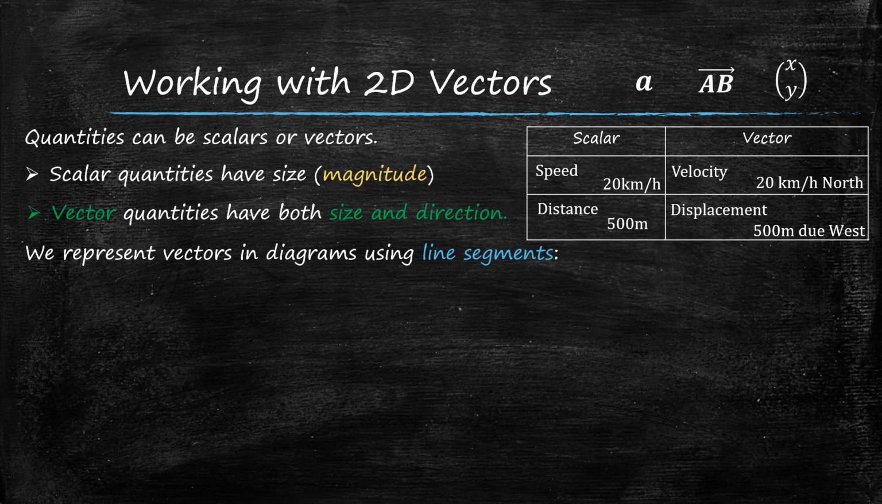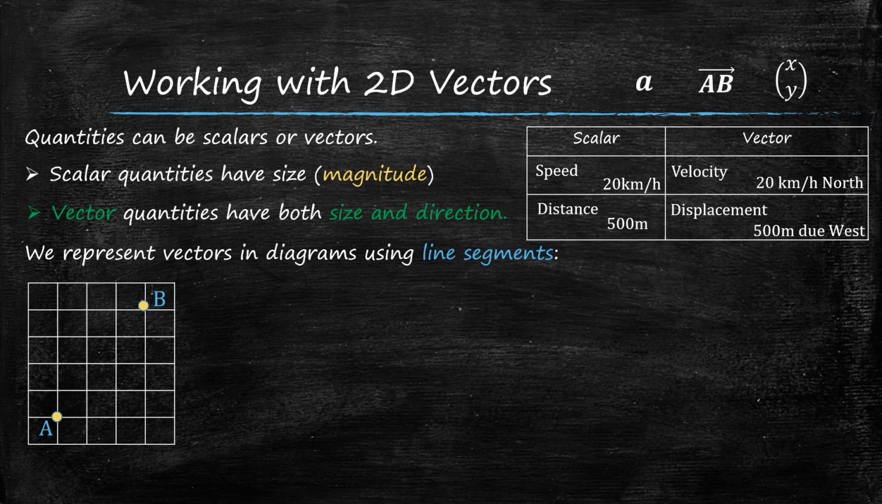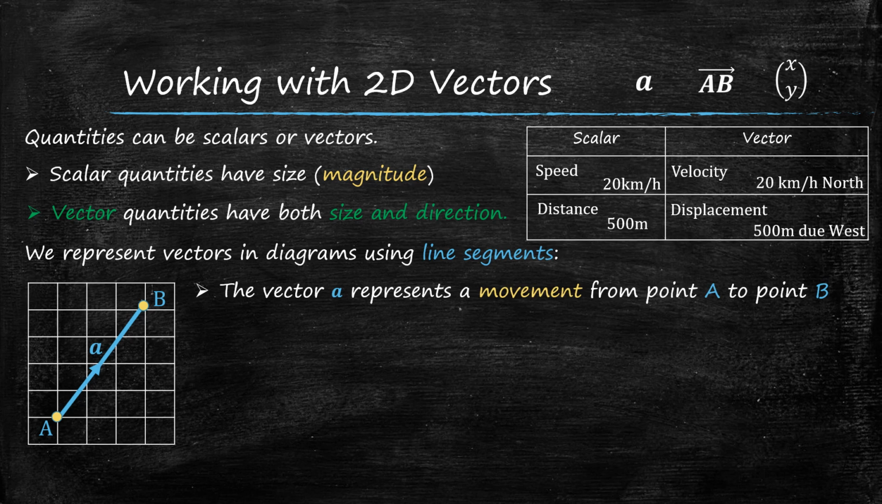Okay, that said, we represent vectors in diagrams using line segments. So let's have a look at the diagram on the bottom left here. We have points A and B. Now, the line in blue shown with the lowercase a beside it is a vector. The vector a represents a movement from point A to point B. So this line segment represents a movement from point A to point B, and the line segment is the representation of vector a. The direction of the vector is shown by the arrow, and as we can see, the arrow shows that we're moving towards the east, and then towards the north to move from point A